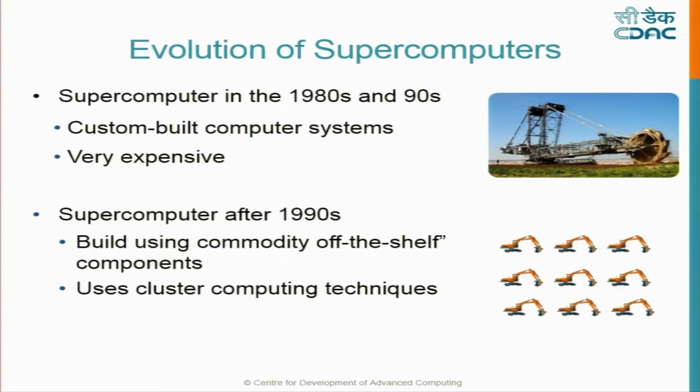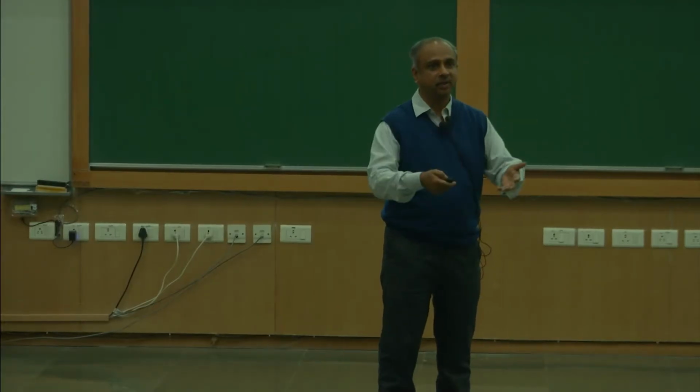You will build another machine, which will have bigger capacity, which means the entire design will have to change. You will need more powerful engines, you will need bigger spatulas, all this will change. So that is how computers were built in the 80s and 90s. The Cray supercomputer is an example of that. You want more power, build another bigger computer.